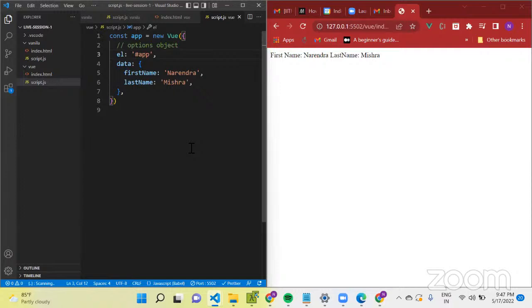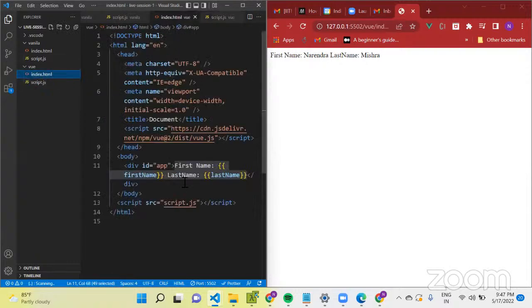Yes, sir. This is the minimal application using Vue, and there are a lot of benefits of using Vue. So let's say you want to print the full name. One way can be, instead of writing the first name and last name, you write the full name,